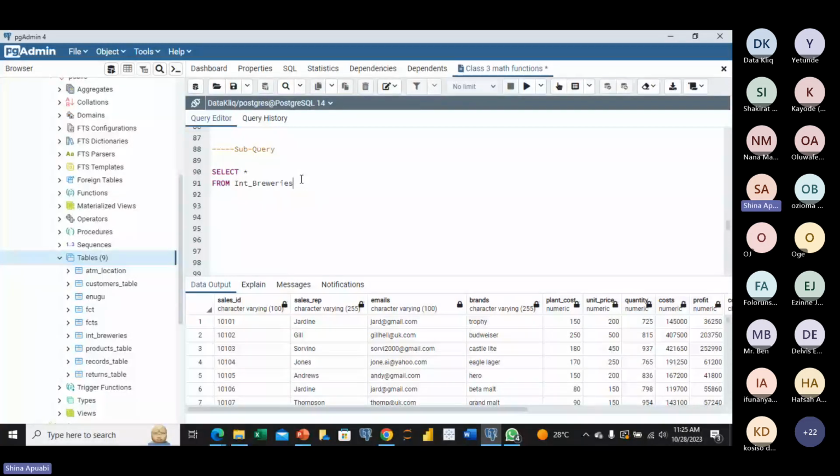Okay, let's say we're asked to find what is our profit margin. What is our profit margin? And we know that profit margin has a formula, it is just profit